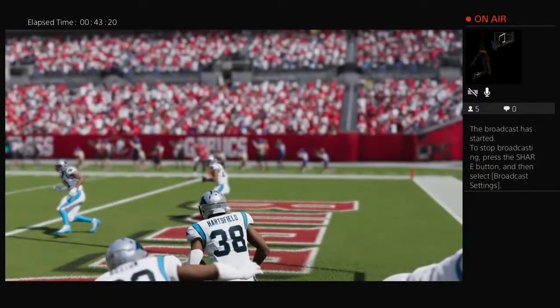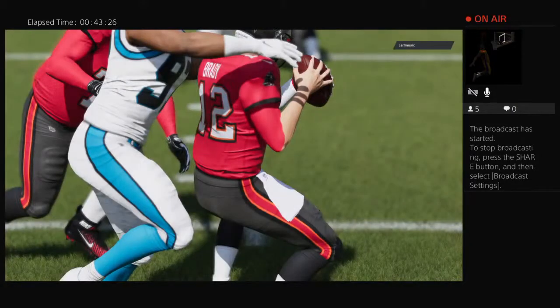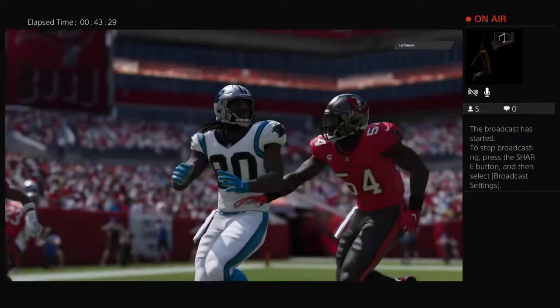Well, going into the final play of this game, they knew that they needed some type of a miracle there at the very end, but they couldn't get it done. However, we were treated to really a spectacular affair. Even though they didn't